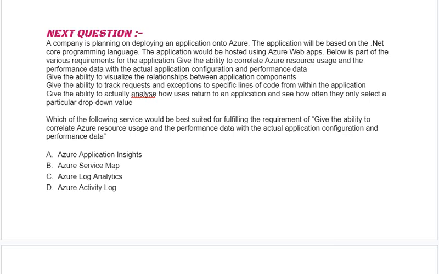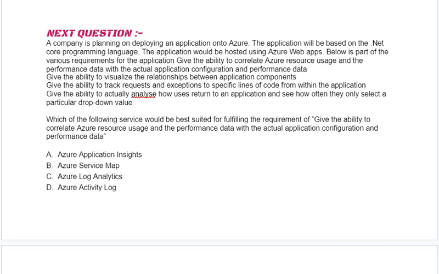Give the ability to visualize the relationships between application components. Give the ability to track requests and exceptions to specific lines of code from within the application. Give the ability to actually analyze how users return to an application and see how often they only select a